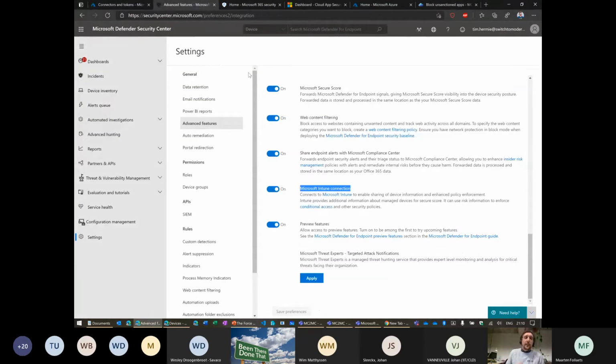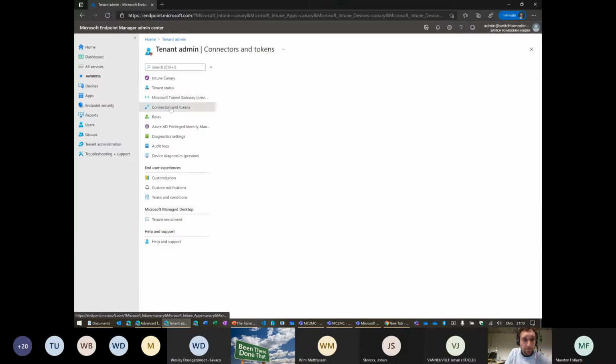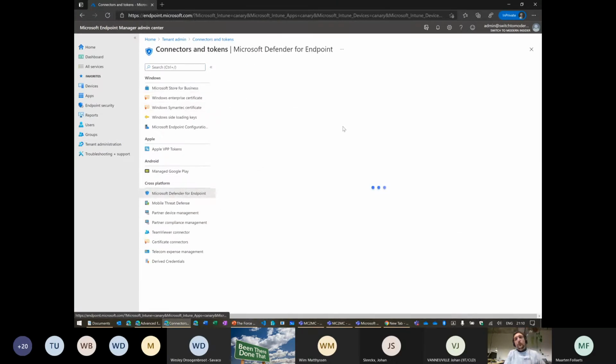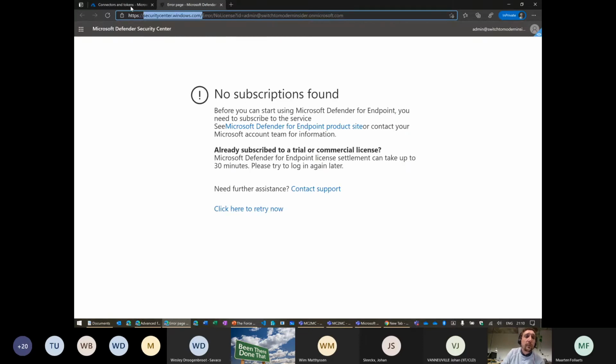Another thing here that I forgot to say in the beginning: if we spin up this tenant admin guide to connect it, to create our Defender for Endpoint dashboard, which won't be working here, you will see that it goes to securitycenter.windows.com. That's the link for the Defender Security Center, or Defender for Endpoint.